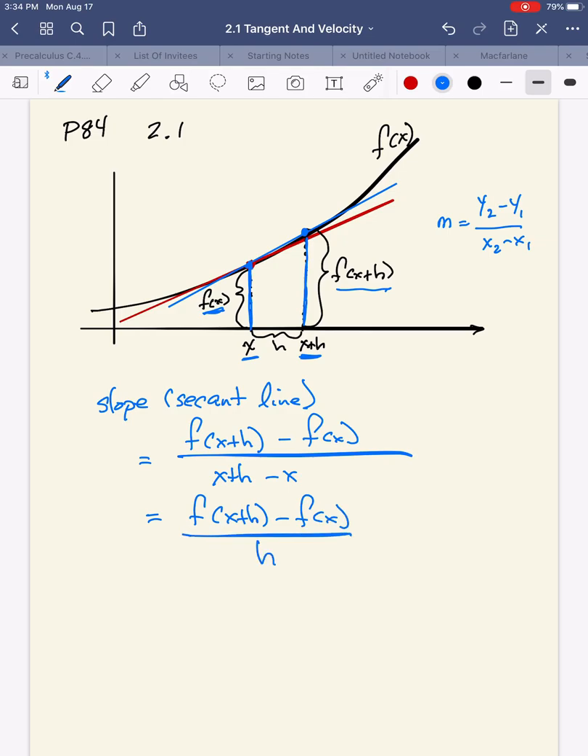Now, you've seen this before because a lot of Algebra 2 and a lot of pre-calculus books have you evaluating this from time to time, and they call this the difference quotient. This is a very important expression, and the idea, though, is this, that as h